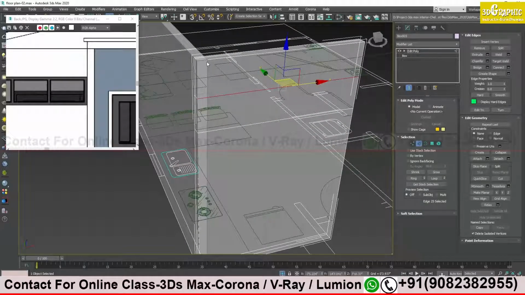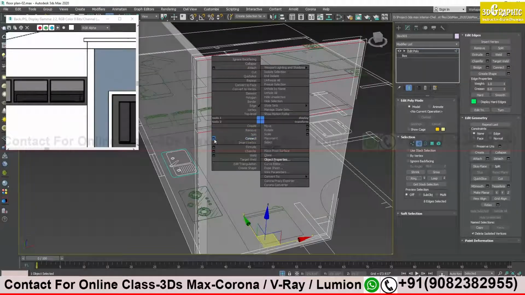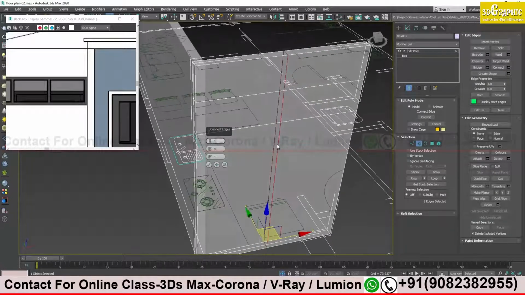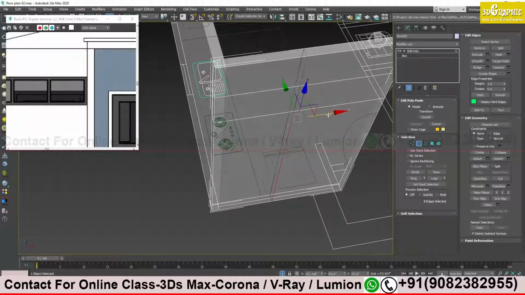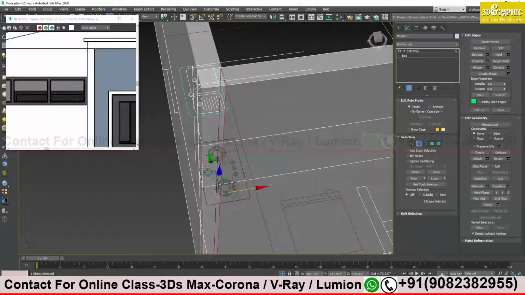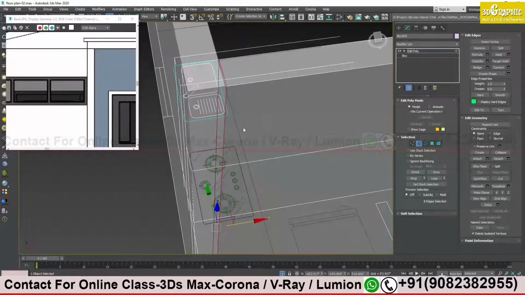So I just need to extrude this area, so I need an edge over here, on the edge of my wall. So I selected one edge over here, and then I will go for ring. I will do right click and I will say connect. Okay, I will say okay, and I will just move my line to the corner over here, the wall. This is okay, this is fine.